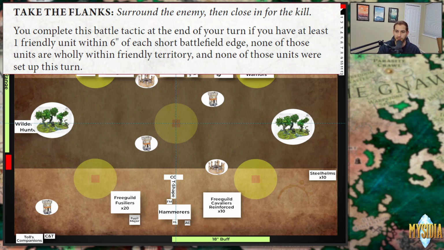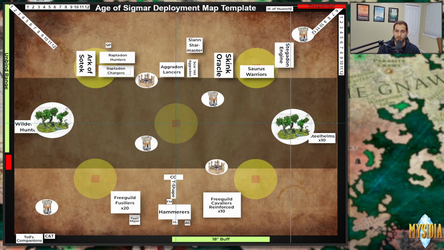In the case of the Steel Helms, I would use a command point to auto run them 6 inches plus their 5-inch move, and I would put them over the line. That would be my call. That's just a turn 1 tactic that's pretty easy to do. Depending on what my opponent is doing, Seize the Center is also there if I get the first turn, but